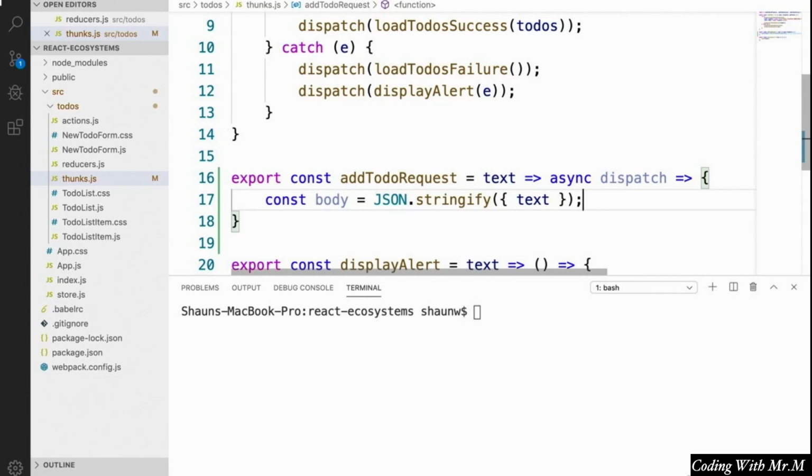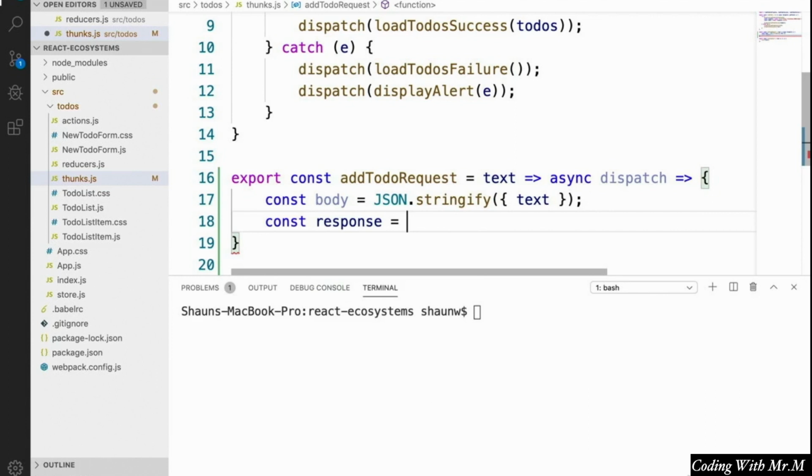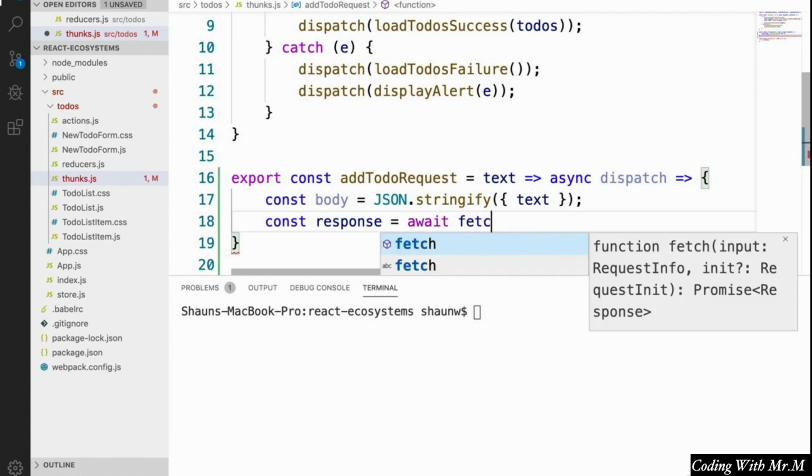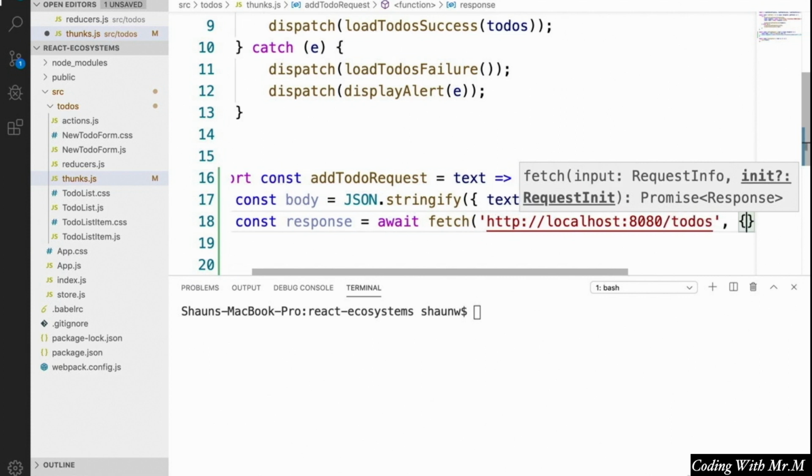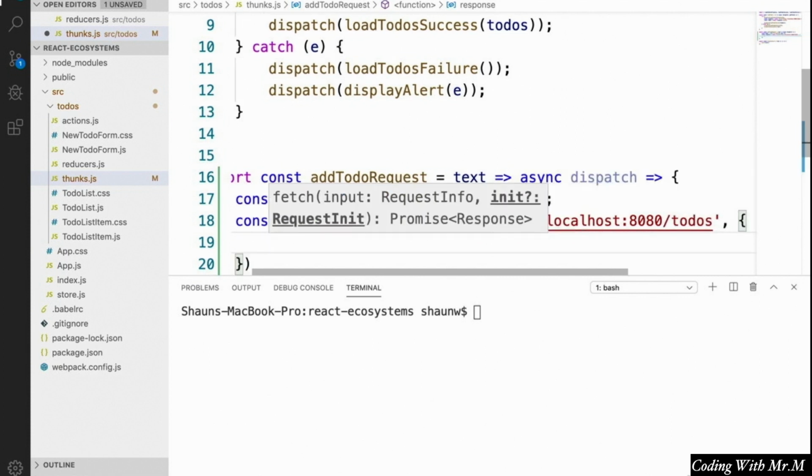Not much about the details here. It's just going to look like this. We're going to say const response equals await fetch http://localhost:8080/to-dos, and then we're going to pass an object to it, and this object will have